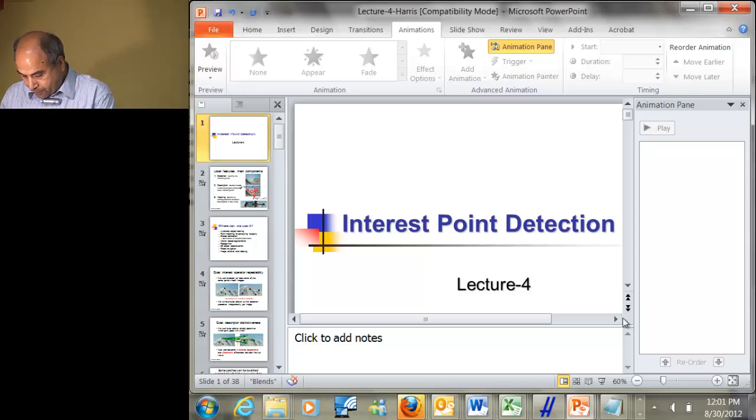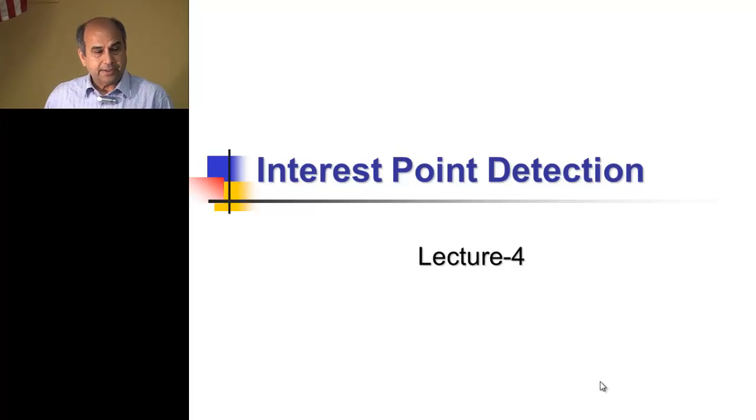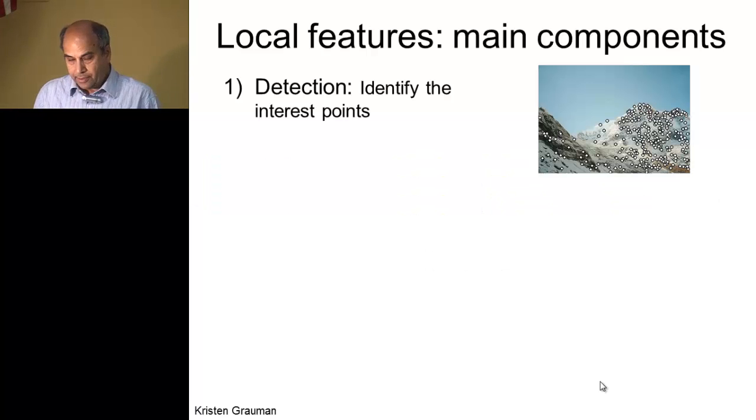So we will talk about this interest point detector. As I said in the previous lecture, we talked about edge detection. So we are looking at the edges, and here we are interested in interest points, and a good example of interest points are corners, because there are lots of edges here, but there's only one corner. There are three main components that we want to detect these interest points, identify them